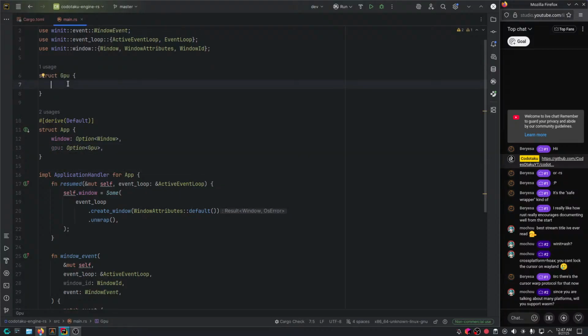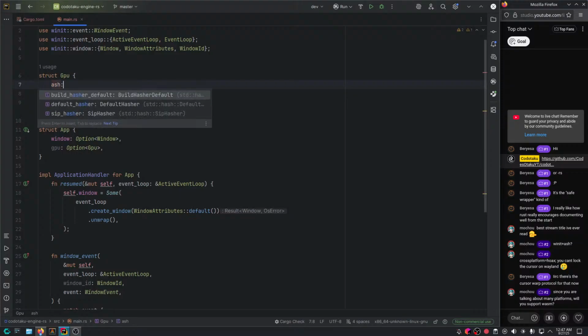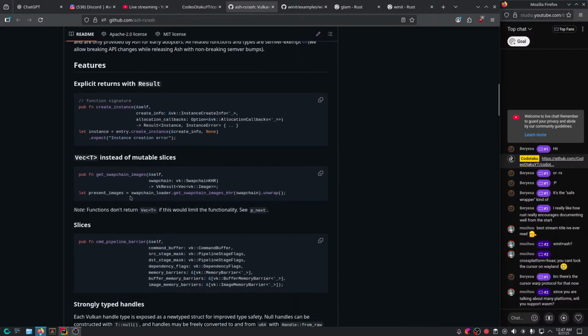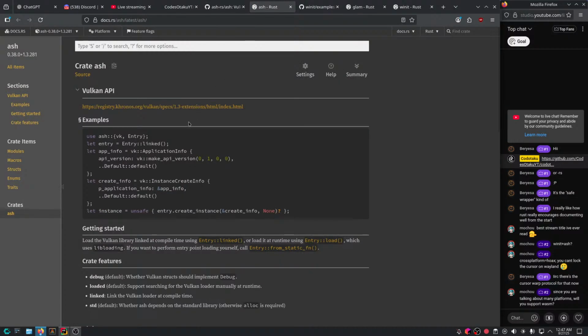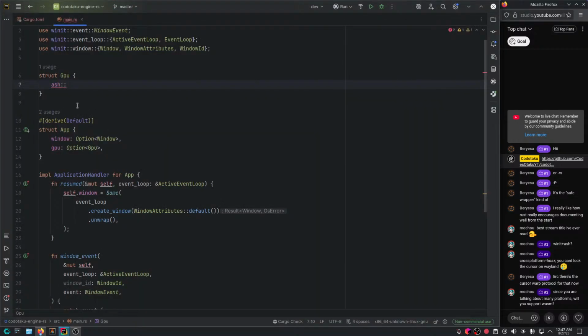Now the GPU here, I think would basically contain, well, let's check out the documentation here. Where's the documentation? Here we go. Okay, so we need an entry. So first thing we're gonna need is an entry. How do you, oh, ash entry.